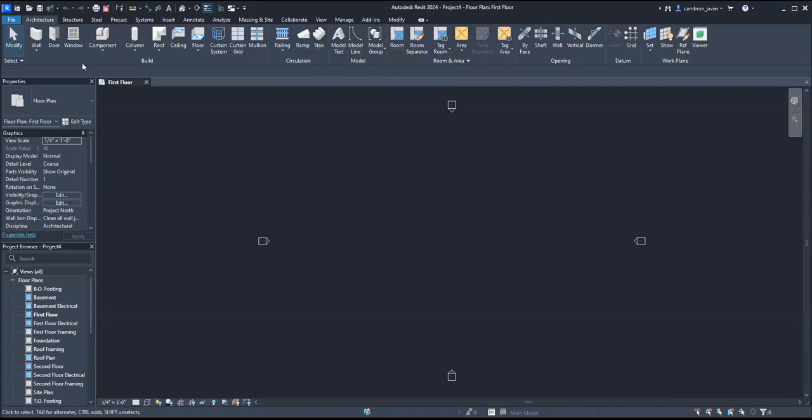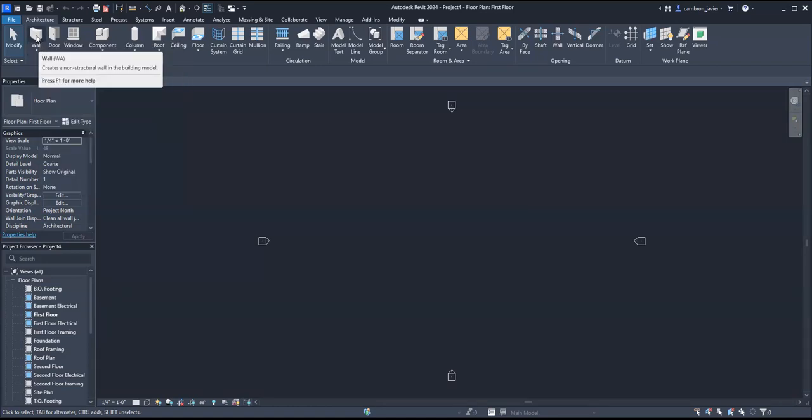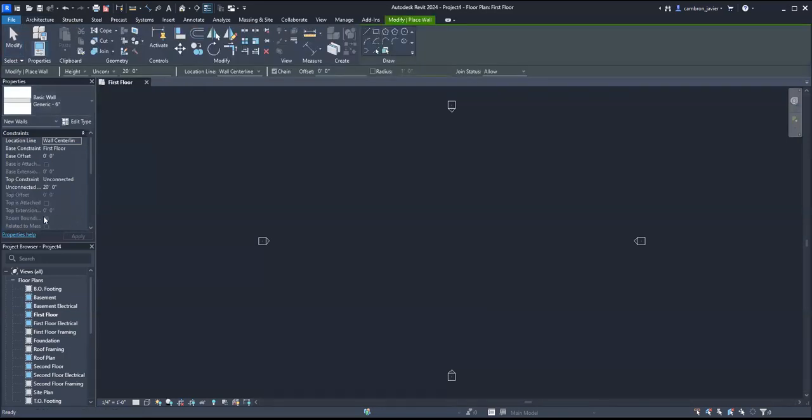By default, we're already in the Architecture tab. I'm going to click on the icon for walls. Now I'm going to left click on the mouse, and it's not going to be the pull down. I'm just going to click on the actual icon. And what you're going to see is that the properties box settings have changed, because now it's starting to ask us more information